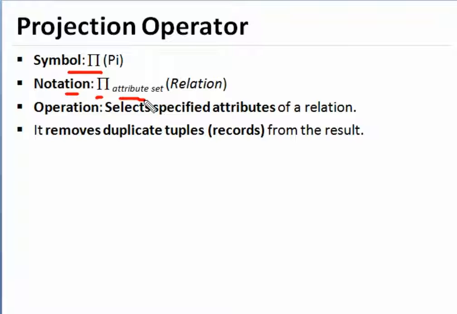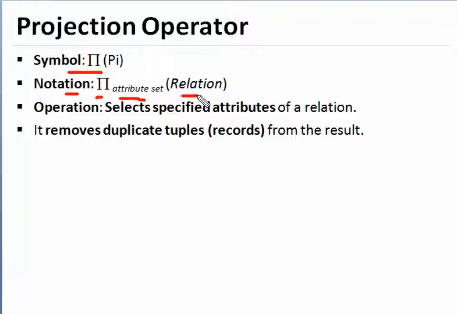Okay, suppose we have a student table, so the first column is enrollment number, the second one is the student name, the third one is the semester. Okay, so out of these three attributes, which attribute do we want in our result? Suppose I want to get only enrollment number and the student name. So here I have to mention the list of attributes that we want to get into the result.